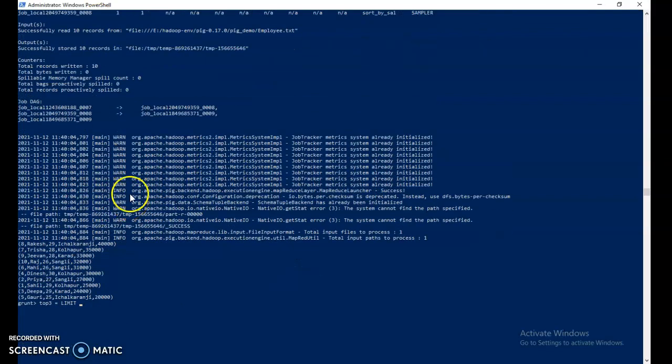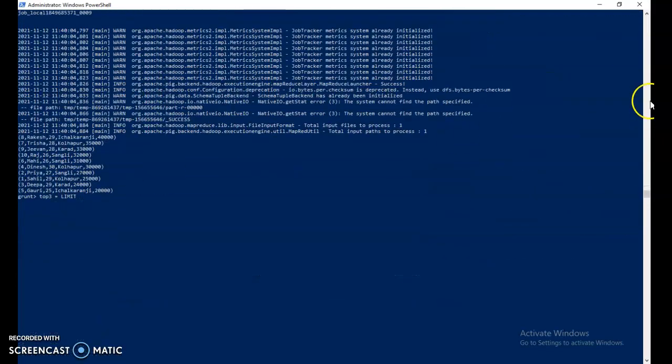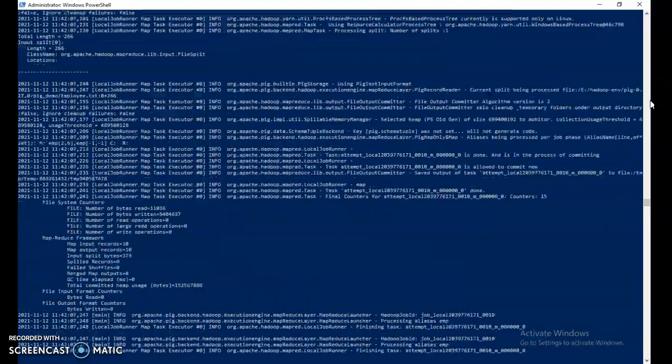We have stored that data in sort by sal, so limit sort by sal, and we want to fetch the top 3, so we will use the number 3. Now just check what is there in top 3. Just dump it, and you will get the desired result.